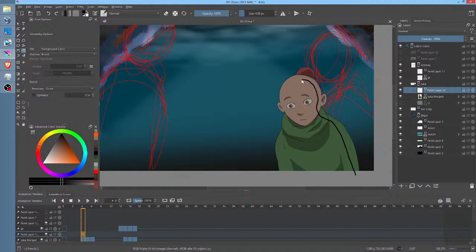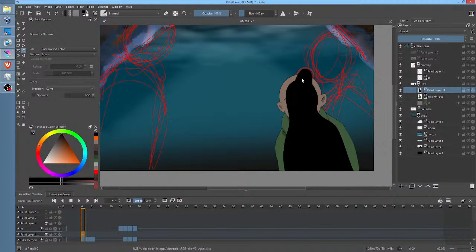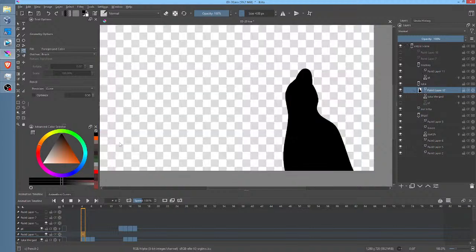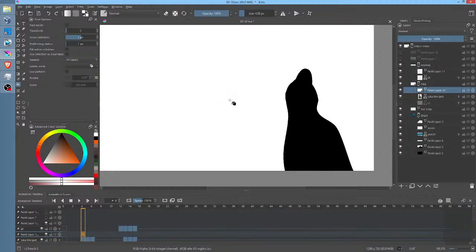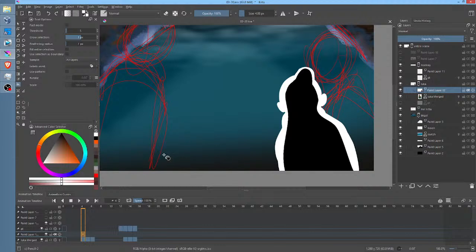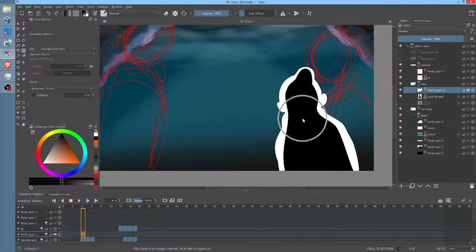Because he's backlit. Okay? And we're going to, let's do it this way. Let's do something radical here, folks. Here's what I'm going to do. Watch this. I'm going to fill in everything outside of Luca with white. Okay? Then I'm going to turn on alpha lock. Okay, why did I do that? Well, because now I've not only added the shadow, but I've also added a rim light.